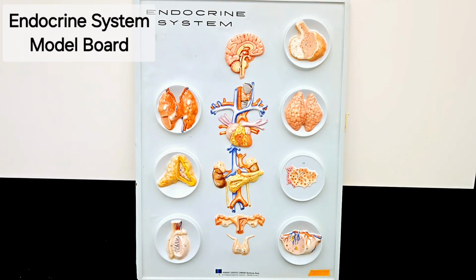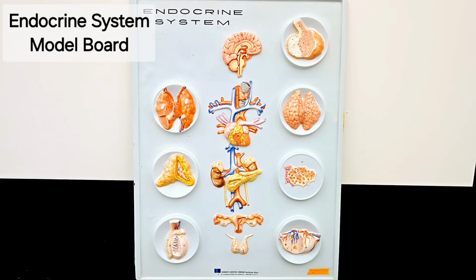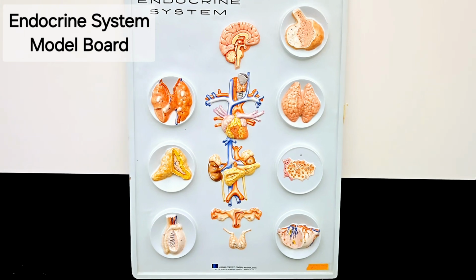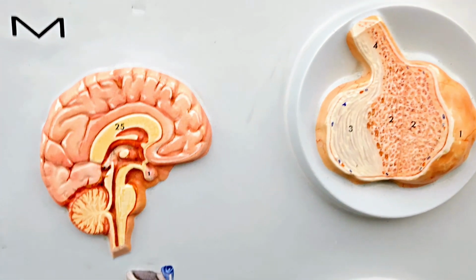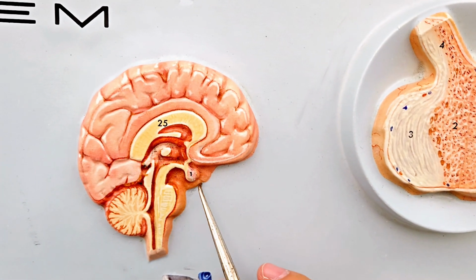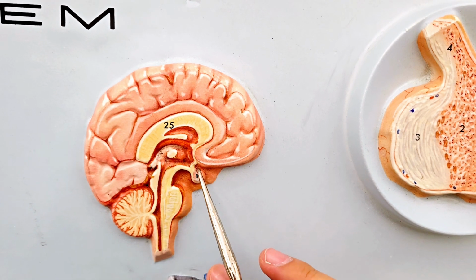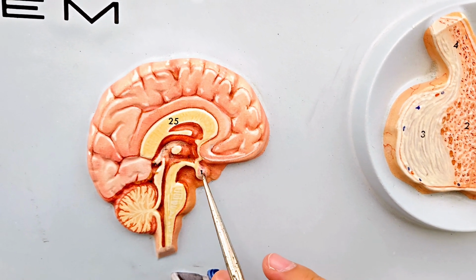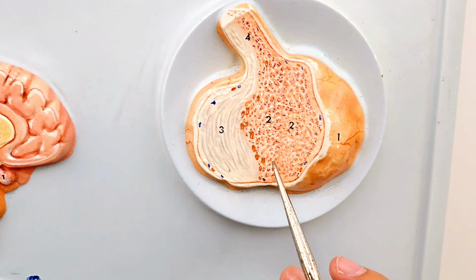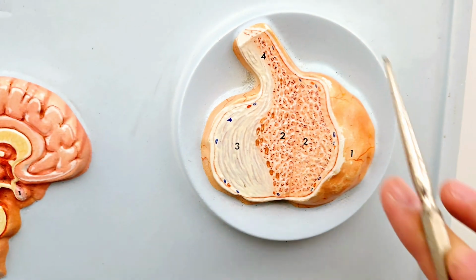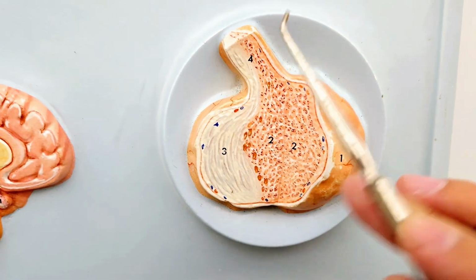Hi everyone. For this anatomy model, I will go over parts of the endocrine system. Starting at the top, you have the pituitary gland right there, dangling down below the brain. That's the pituitary gland. Then if you zoom in, this is how the pituitary gland looks, also with a